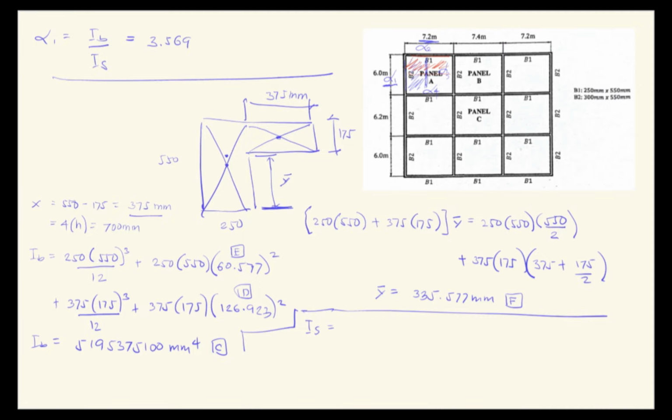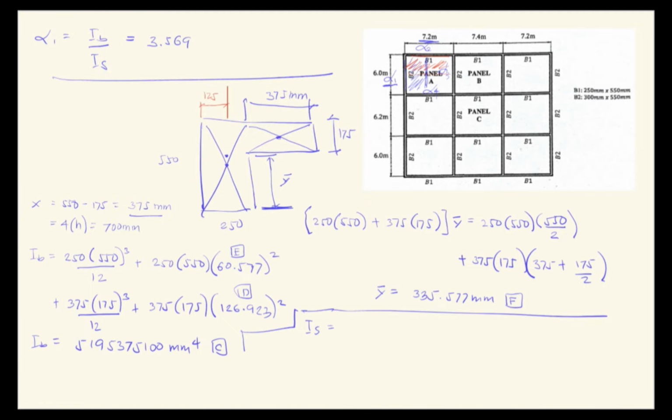That is half of 6 meters, so that is 3,000 millimeters plus half of 250, since the distance of 6 meters is referenced center to center of the beam cross section. So if this is the center of the beam cross section, we have to consider this distance still. Okay, so this is 125